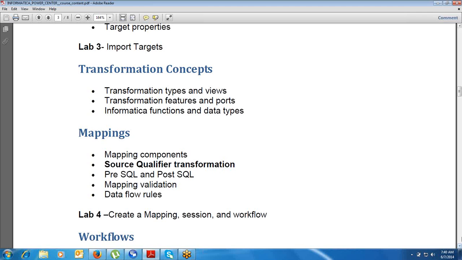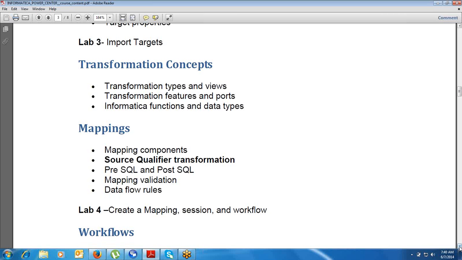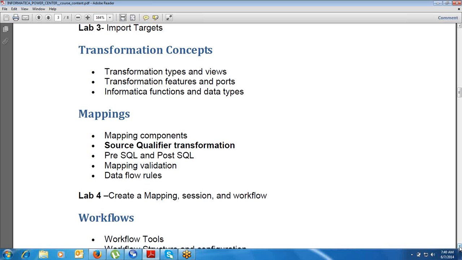Then we will learn how to create a mapping. With every source, there is one transformation which is attached automatically, the source qualifier transformation.